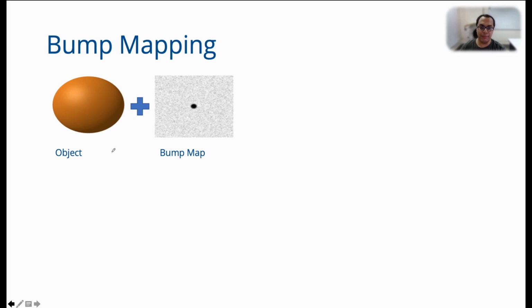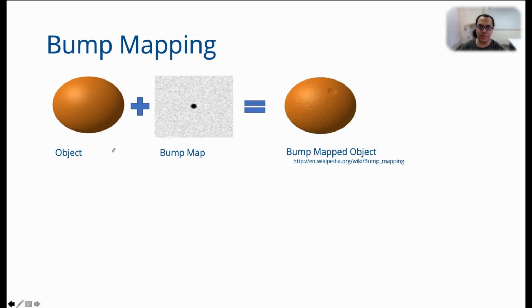When you apply the bump map to a smooth surface, the normals get perturbed and the bump mapped object looks visibly different from the original object. So here you can see that this smooth orange sphere now looks like an orange fruit, just because you applied bump mapping to it. Okay?